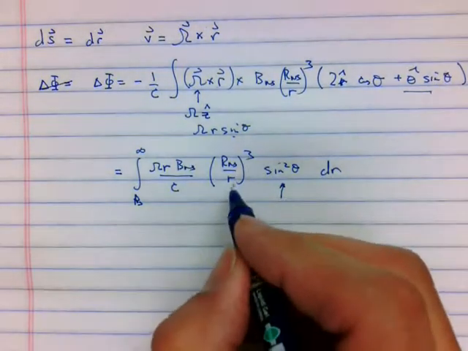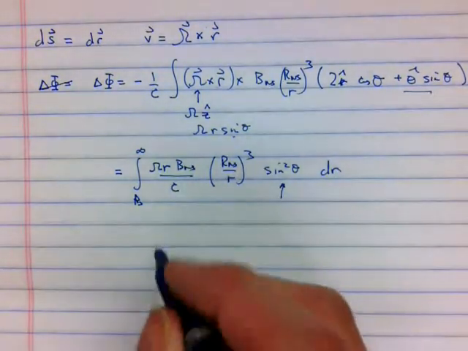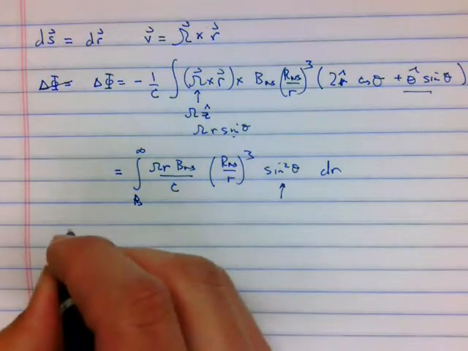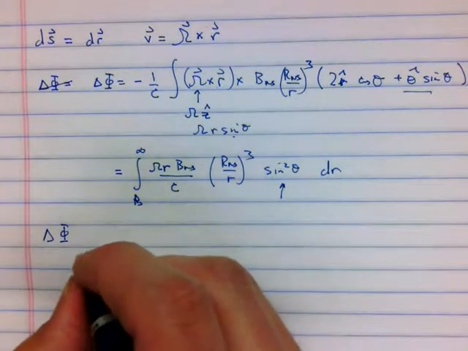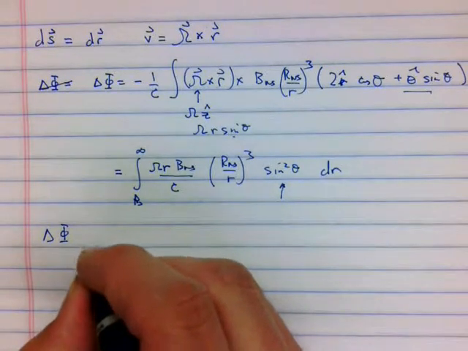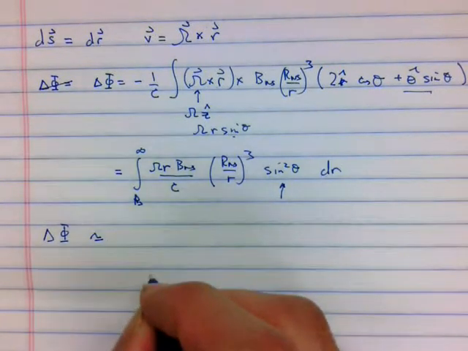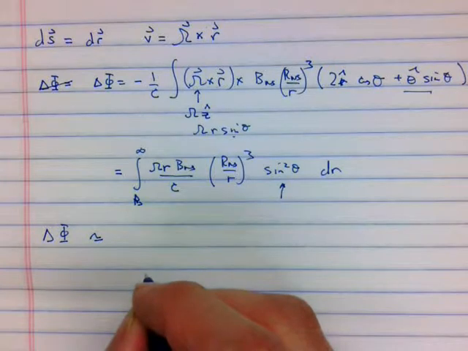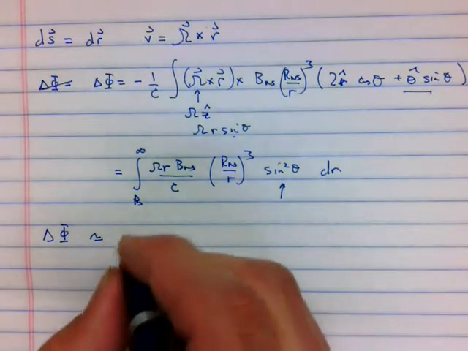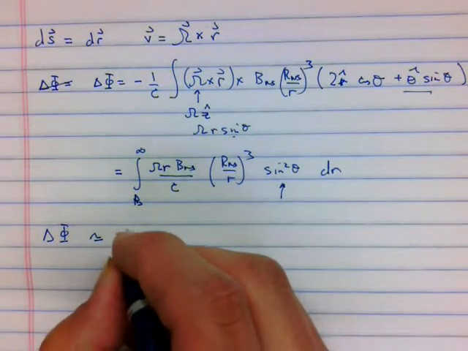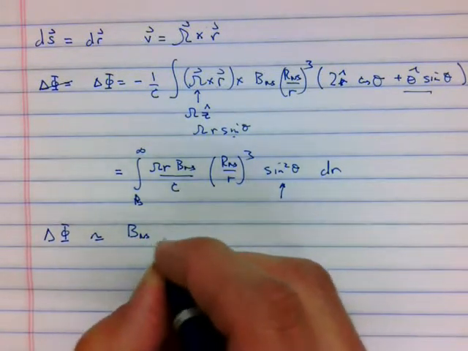So if you do all of the integrals, you should end up getting something like delta phi is going to be proportional to... It still feels there's a 2 missing, but I'm just going to leave this proportional to here and let you figure it out. So there's going to be a B_NS here on the surface,